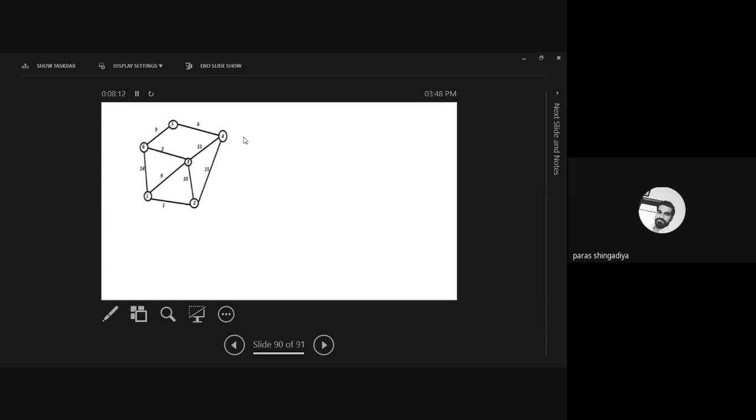Clear? Now for a CSC component, we will arrange a quiz, an MCQ quiz of this unit. So when shall we arrange it? This week or next week? In this quiz there will be 10 MCQ questions, and you will get 30 to 40 minutes to complete it in the lecture session. Not a separate time; during the lecture session we'll finish this quiz. So next week or this week? Next week.